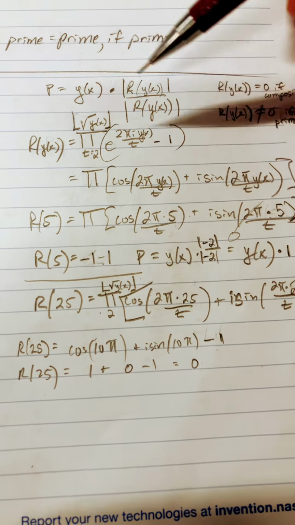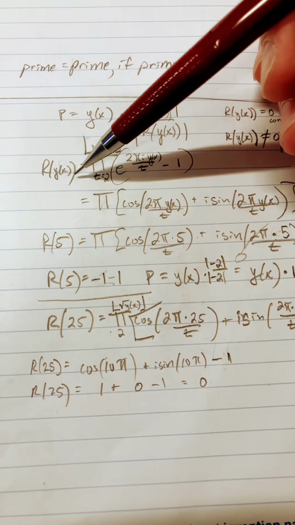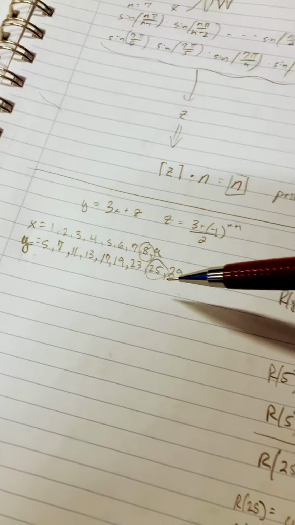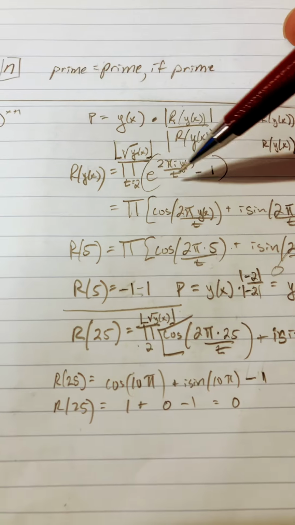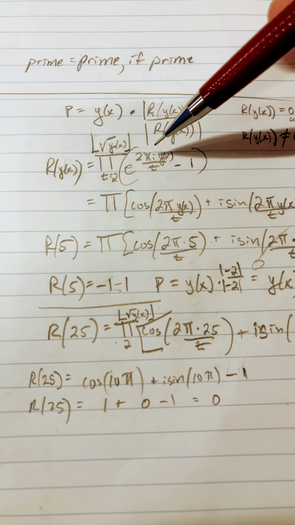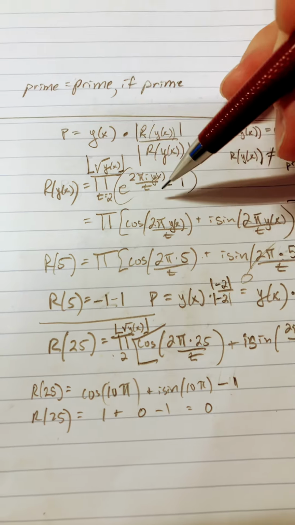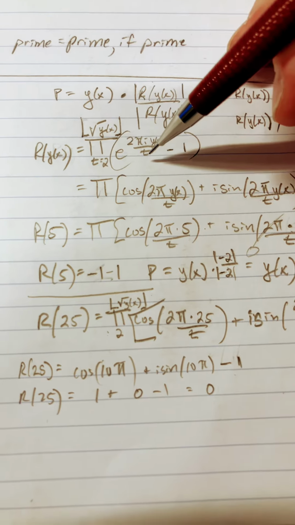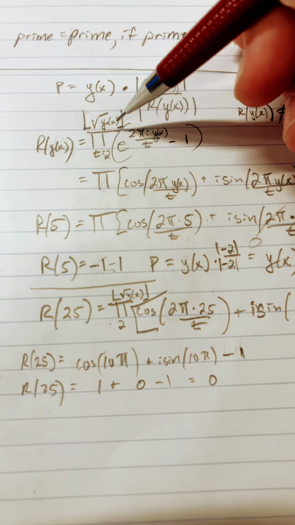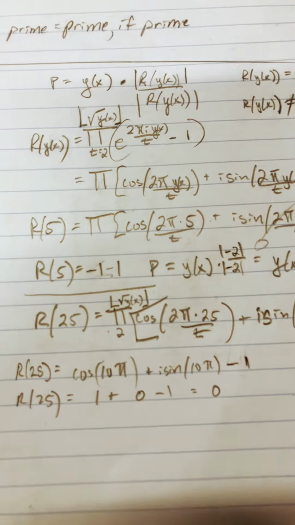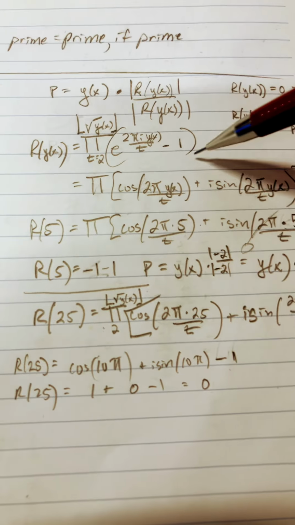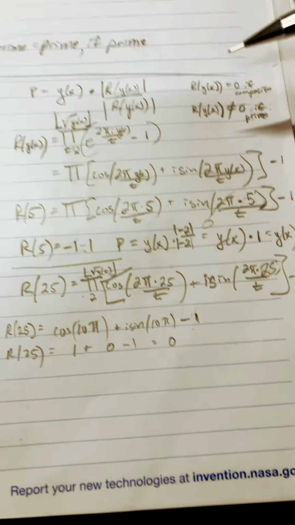So essentially, let's start with this equation called r of y of x. You take your y of x and you put it into the Euler number to the power of 2 pi i times y of x divided by t, and t goes from 2 to the floor of the square root of y of x. That's as high as you need to go, and then subtract 1. Now what's interesting here is that